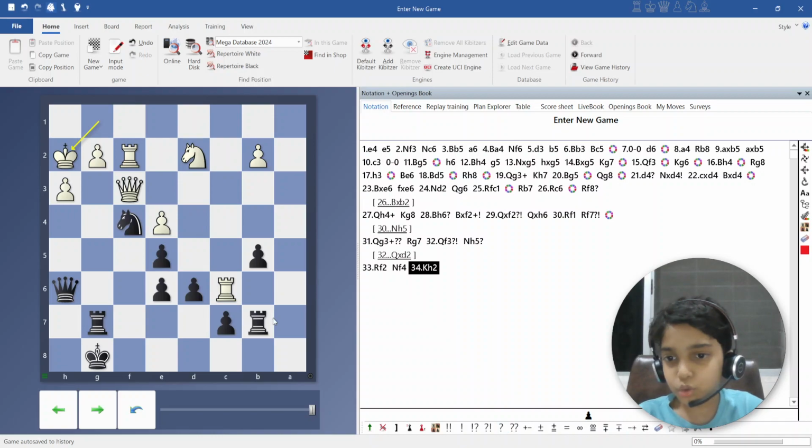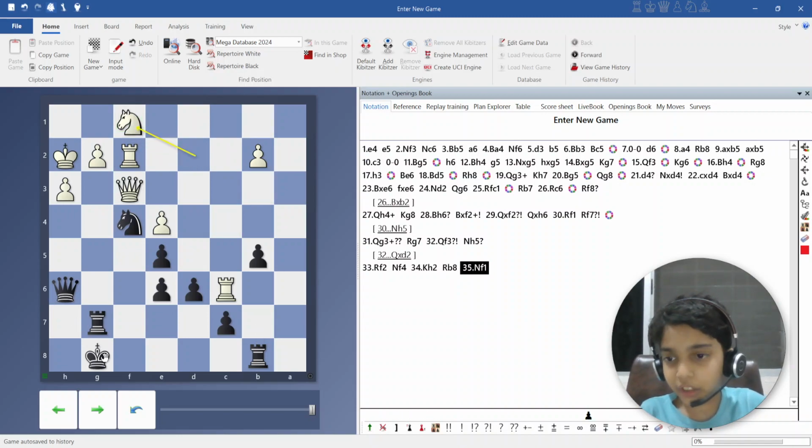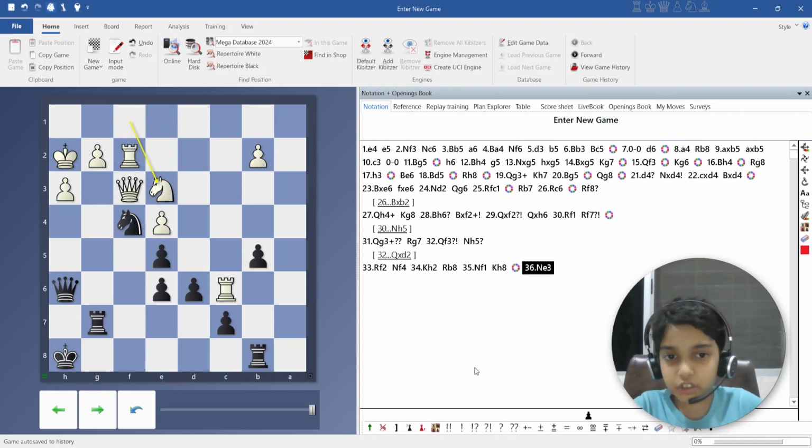Now king to h2, rook to b8. Idea is rook to f8, as I want to circumvent the rook. Now knight to f1 and then king to h8. Idea is rook b to g8, putting pressure on g2. But after king to h8, knight to e3, which is an inaccuracy. And now knight to g4 is, I think, the idea, but this leads to rook b g8, which further leads to